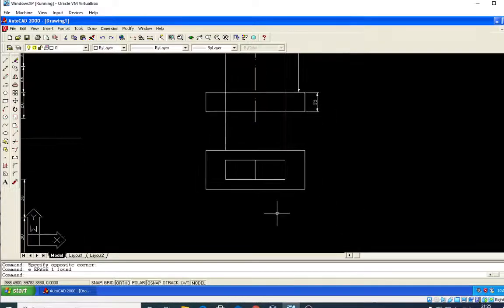So what I will do, I will extend the center line. Here I will draw one small line. I would like to extend it. Extend, EX command. Select this one and this one also. Enter. Afterwards we have to extend this center line up to this point. So erase. Okay. This is ready.